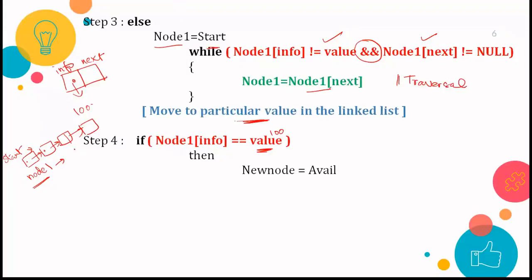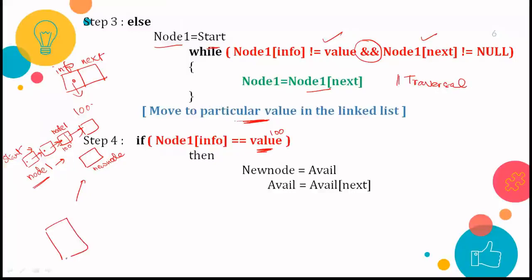So here in this example, let's say this is the node, so this is node 1. We have found node 1 where the value 100 was stored, and then a new node will be taken from avail. There is a free pool of memory, and we have taken this new node from there. So this is your new node. Then the new node contains the address of the free location that we have taken from the memory, right? And then avail will point to avail next.